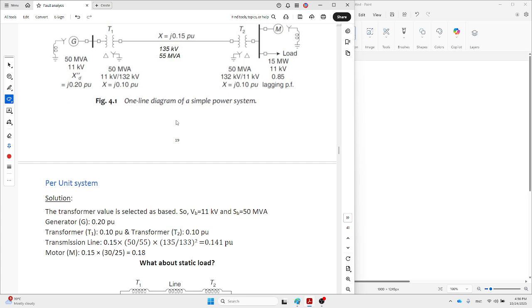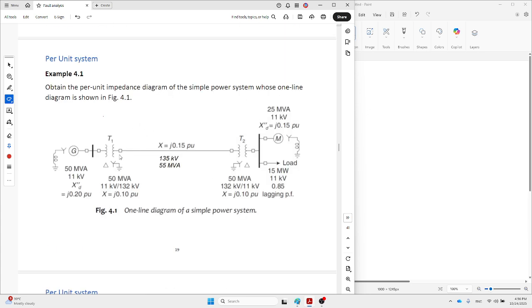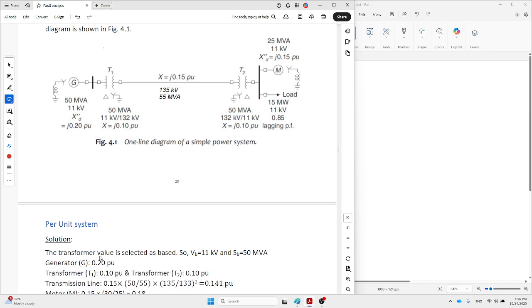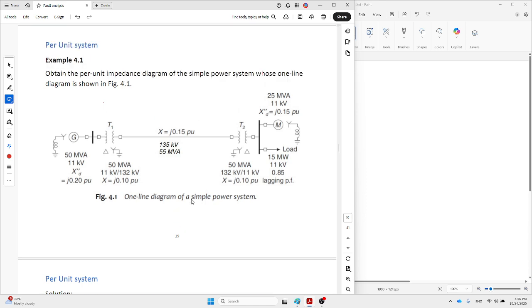Is the base system given? The transformer here, I think I missed the transformer values chosen as a base for this system. So as you can see here, the system is 11 kV to 132 and then 132 to 11 kV. The V base can be whatever you like, 132 or 11, and the other one, which is S base, is 50. Okay, before starting this system, when we have a transformer in the system, we should see that